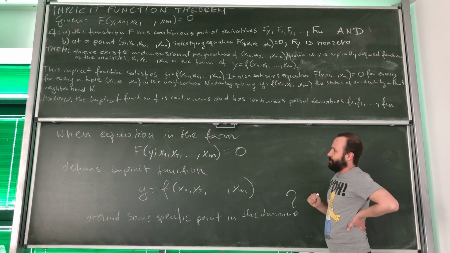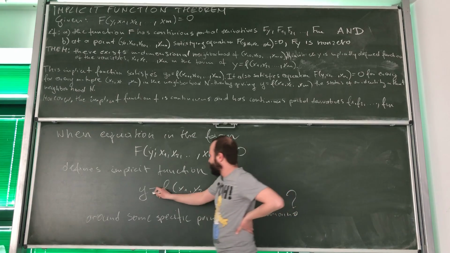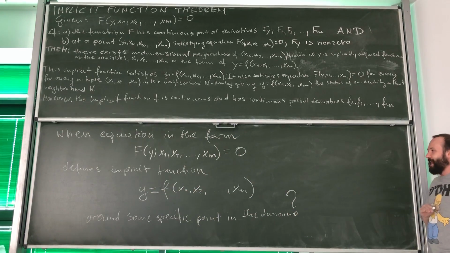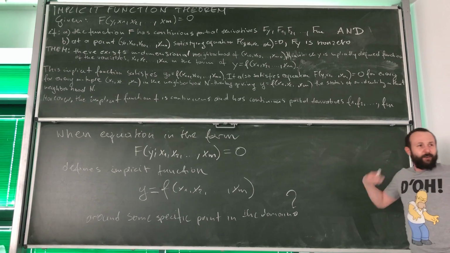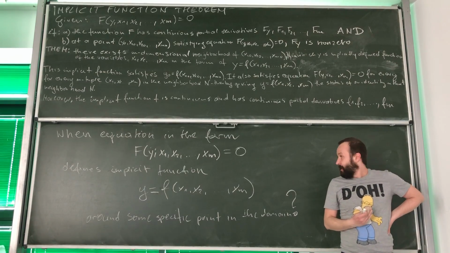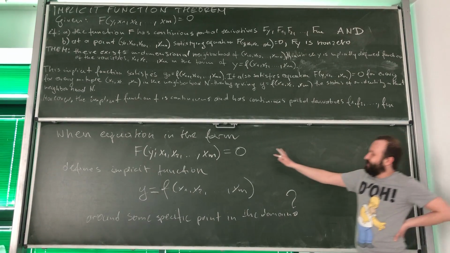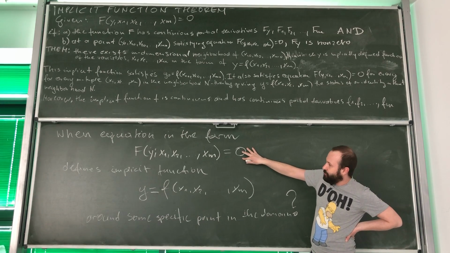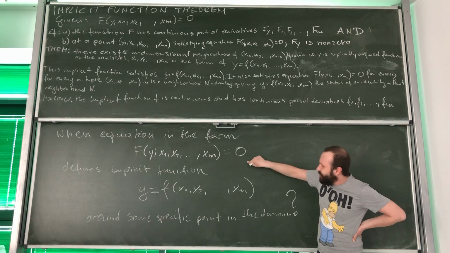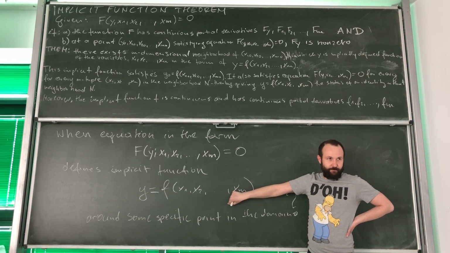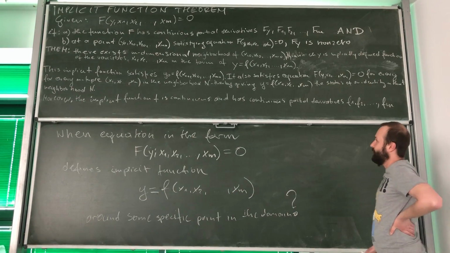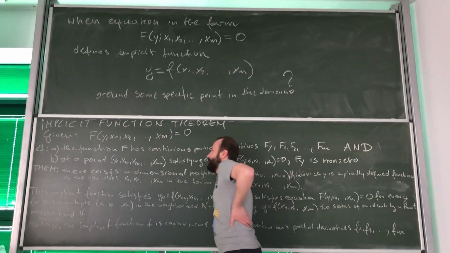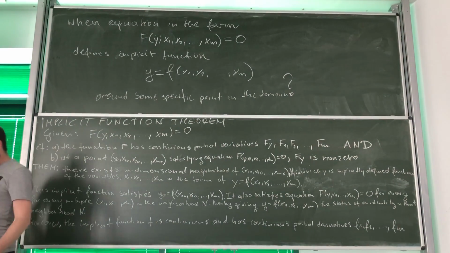In this form, it defines a function where y can be expressed as a function of all these exogenous variables around some specific point. So we are given this equation and we are trying to find out when this equation actually implies this one. Well, it turns out that the answer to this question is